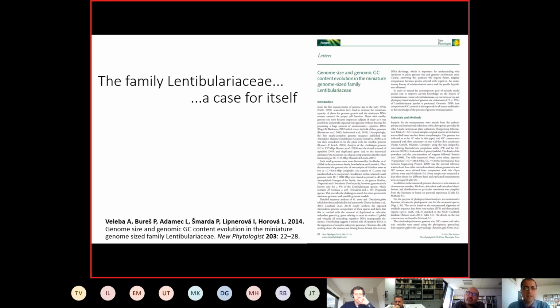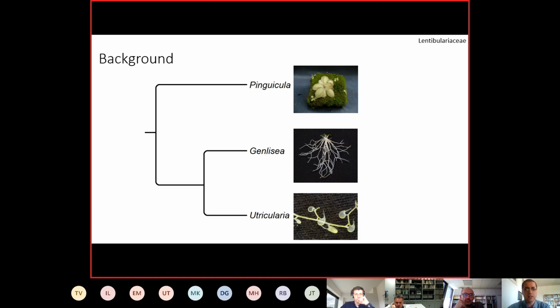Well, since the study of Professor Greilhuber and his colleagues presented only a small part of the species of Lentibulariaceae, we have tried to analyze this family quite extensively. The family Lentibulariaceae consists of 3 genera. The genus Pinguicula is